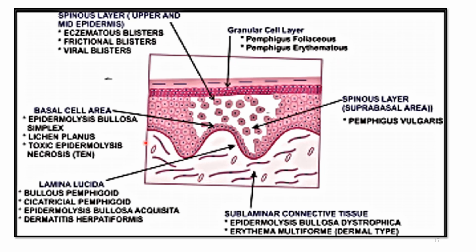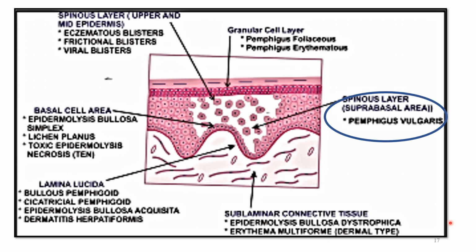So then coming to the subepidermal or the subepithelial blister formation. Here again, as I told, basement membrane is further divided into lamina lucida and lamina densa. So if blister formation happens in the lamina lucida area, bullous pemphigoid, cicatricial pemphigoid, etc. are involved. And if the blister further forms in a deeper area, epidermolysis bullosa dystrophica, etc. are involved. So just remember,